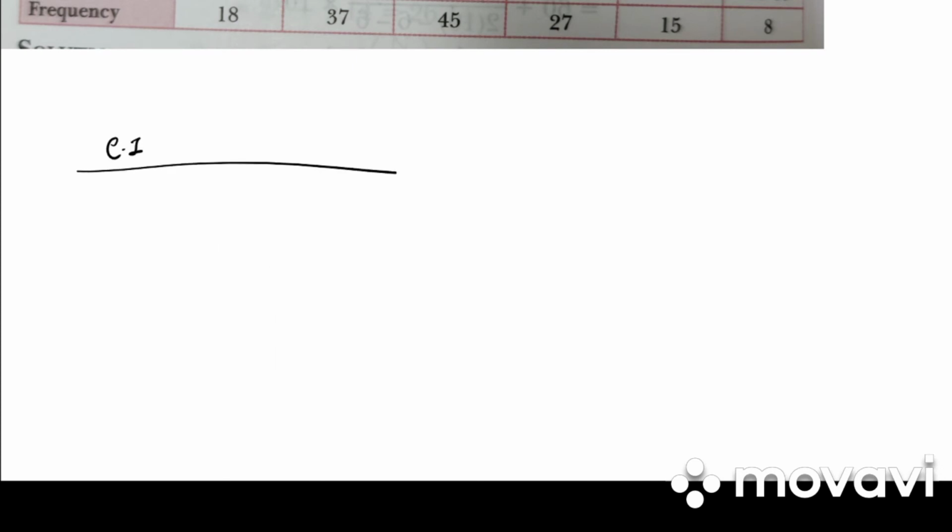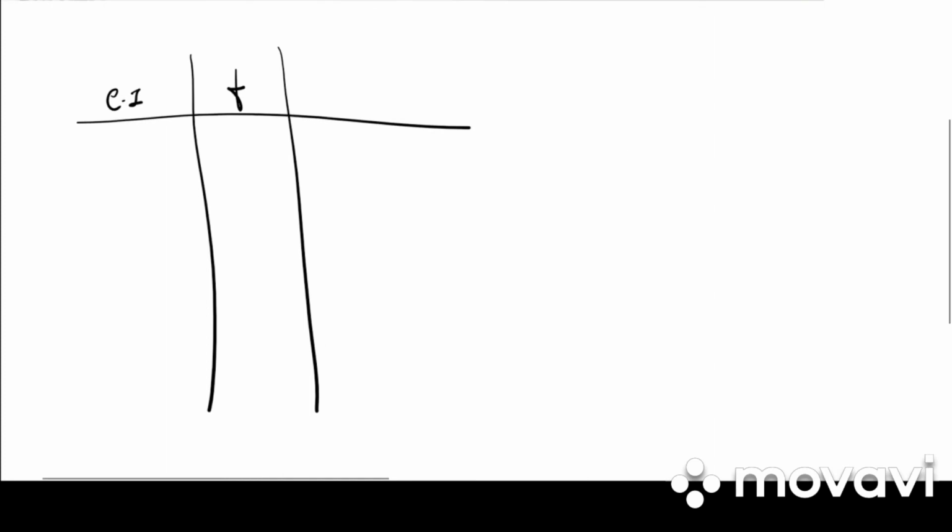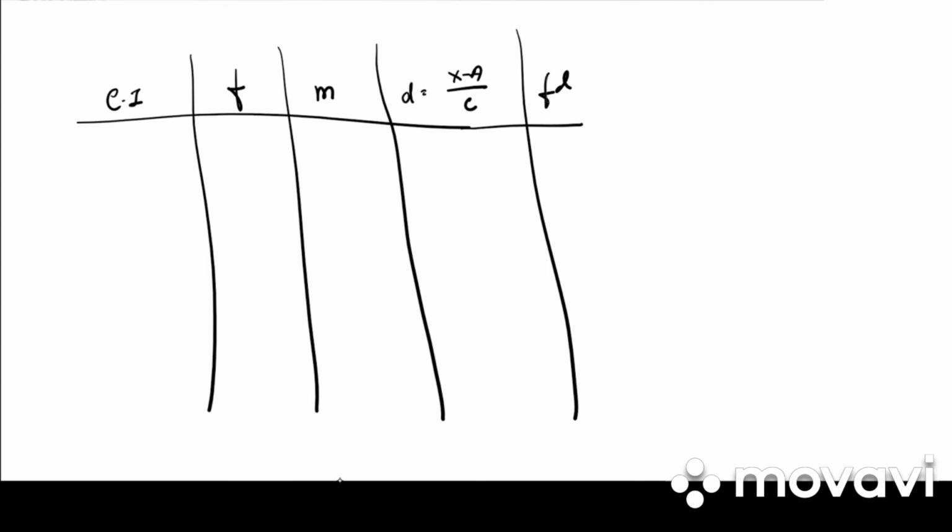Take down illustration 30. Calculate mean, median, mode from the following data. They have given us class interval and frequency. So in case of mean, we need to find out the mid values, and from those mid values we need to multiply m into f, or you can also use the shortcut method, that is d is equal to x minus a divided by c, and then we'll multiply f into d.